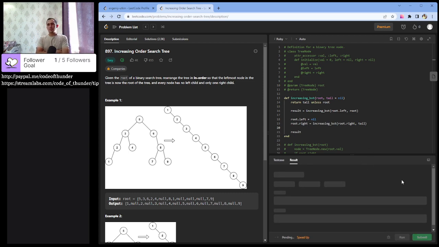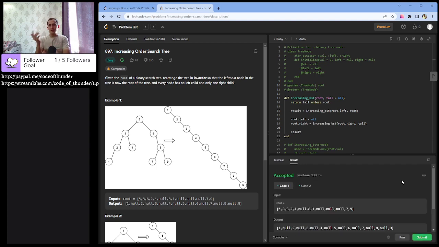So it's that simple. But it's very hard to visualize, this is a problem with all these trees. Yes, it's accepted, it's a good solution. Let's try to explain what is going on when we are here at 1. Well, we tried to go left, we didn't succeed because there is nothing left. Then we set root left to nil, but we didn't have any root left, so it doesn't change. But for the root right, we try to go right, and we